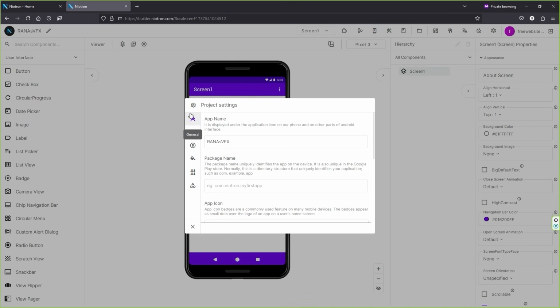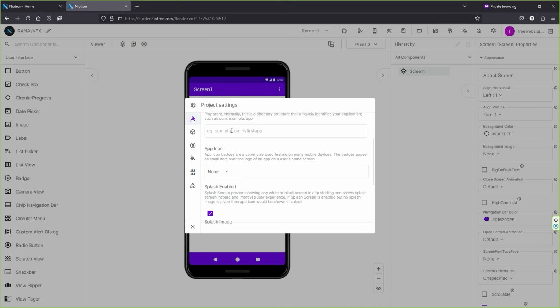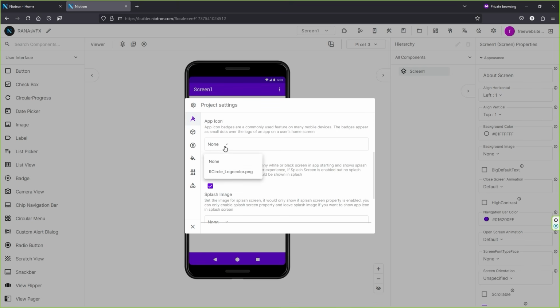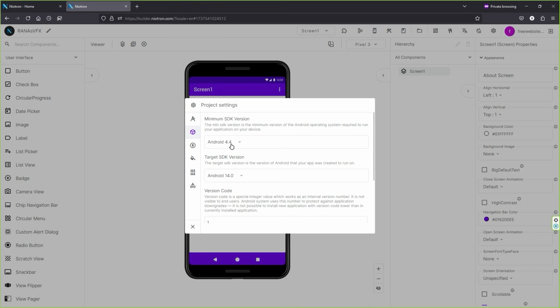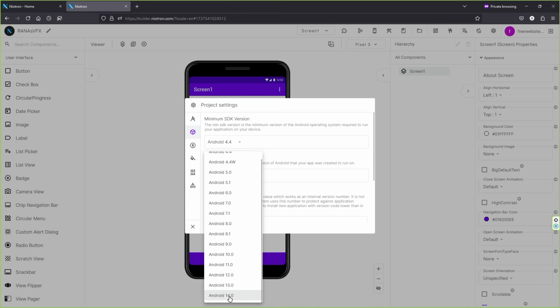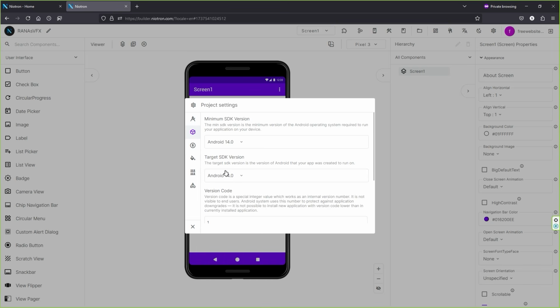And here you can see we have different types of tabs. First, you can see we're inside the general tab. Here we have the app name, which is completely fine for me. Package name, I'm going to leave it blank. App icon, let's select the icon that you just uploaded. Splash image, you can add a splash image if you want. I'm gonna uncheck it. Let's go to the release tab and here select minimum SDK version 14.0, which is the required